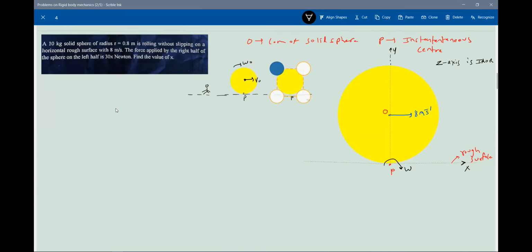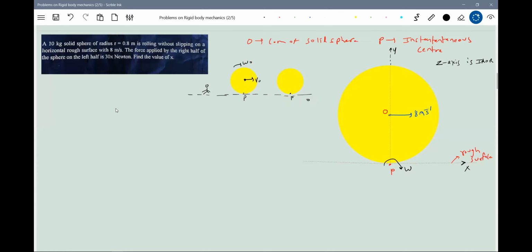Let it touch the ground. Now this will be the same omega naught. There is a different notion for the person who is at the instant center. I think it is a very primary idea everyone knows. Carry on. Now to do this problem, if you come to the instant center only, things are very easy.